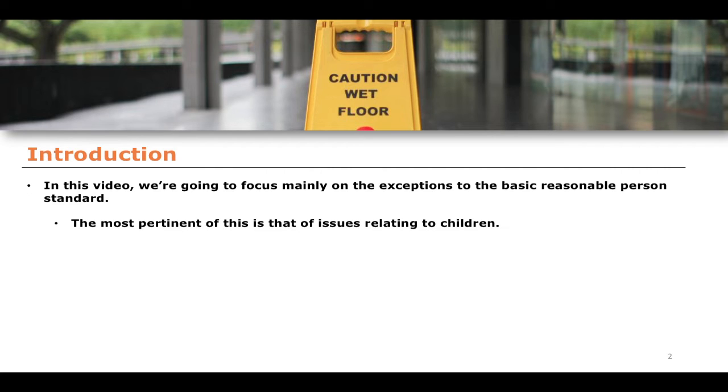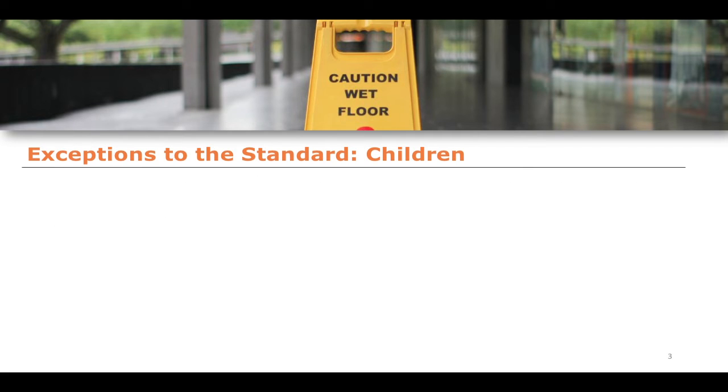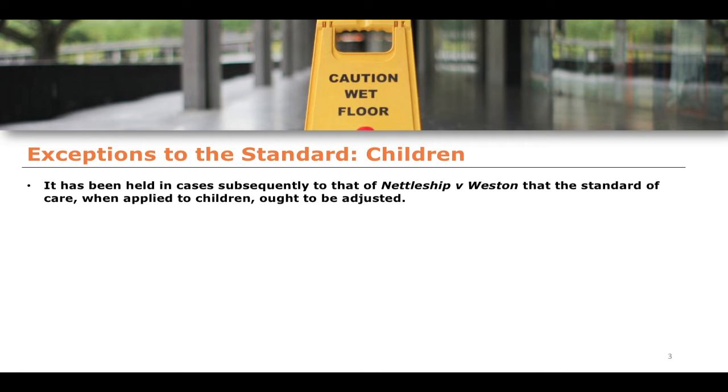So what about circumstances where the defendant in question is a child? Let's say they're 13 years old. Should we apply the standard of a reasonable man or a reasonable woman of adult age to that of a 13-year-old child, and so suggest that basically in any circumstance they would be found to have been liable in tort because children, for the most part, probably do not act in a way or in accordance with that of a reasonable person? Or at least it should be assumed that that is going to be the case in a lot of circumstances.